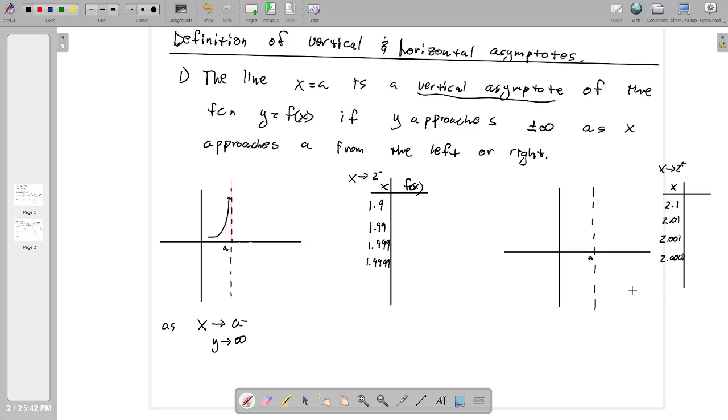You could, again, do this forever and ever. Now, what we're saying here is that we're on the right side of a, and our x values are decreasing down to a. That's what we're saying. And graphically, what that looks like is